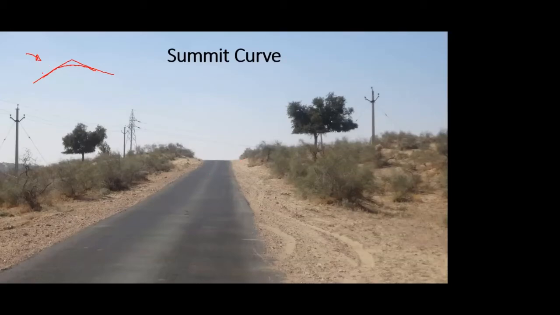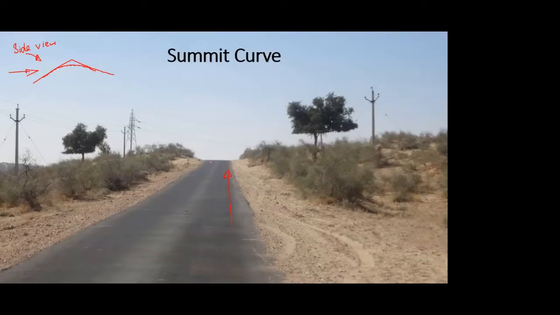So this is the side view, you can say, of a summit curve, but on site actually you can't take a side view because the adjoining area is obviously level with the road, so you can't really dig out this section and then take a picture of it. So a summit curve from this view, or when you are traveling on it, looks something like this, that you have an up gradient,